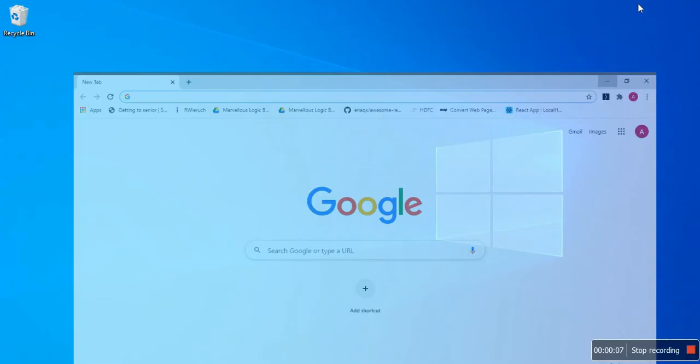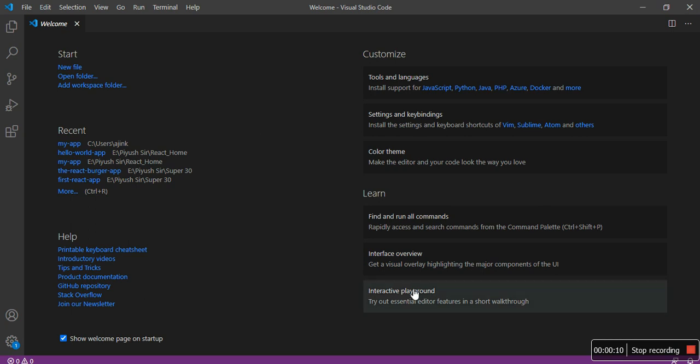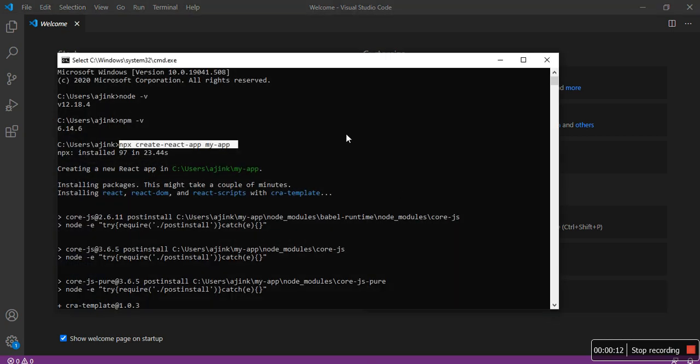In this tutorial we are going to see how to create the first application using React.js. Continuing from the last tutorial, we have already seen that npx create-react-app followed by the name of your application is the command to create your new application. If you are new to this tutorial, you can open the command prompt and enter this command, that is npx create-react-app and the name of your application. It can be anything, my app or demo app or anything.